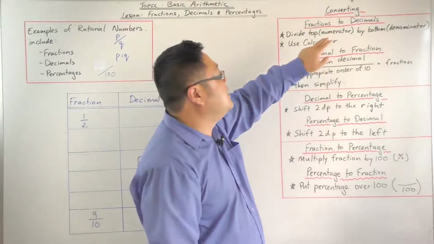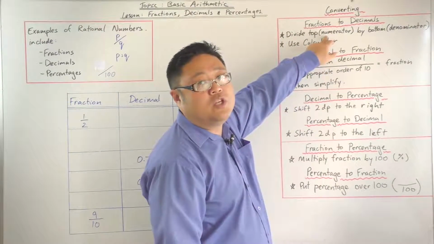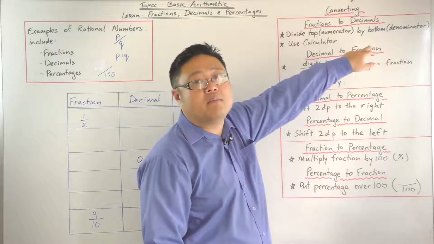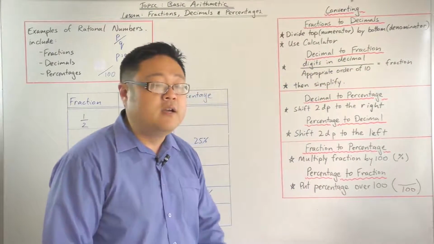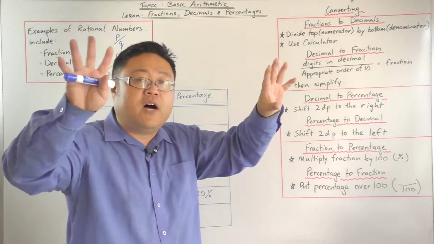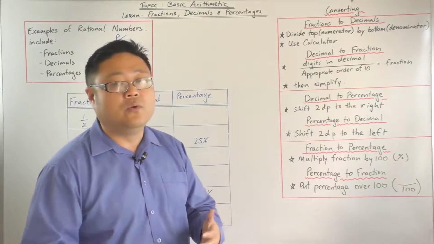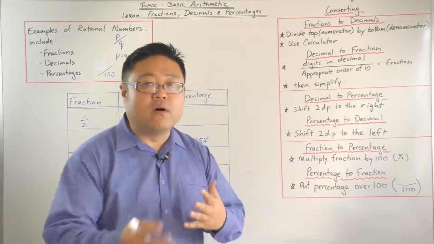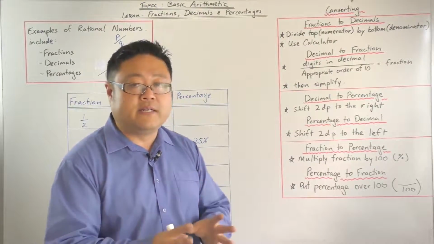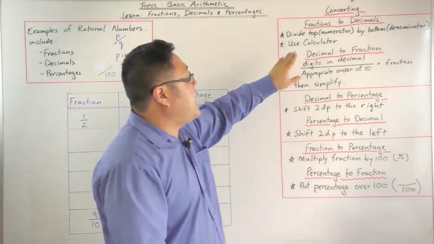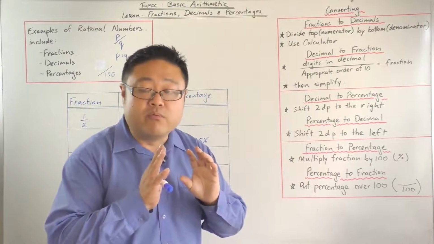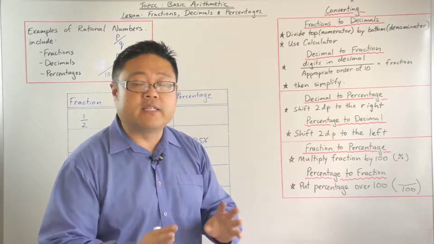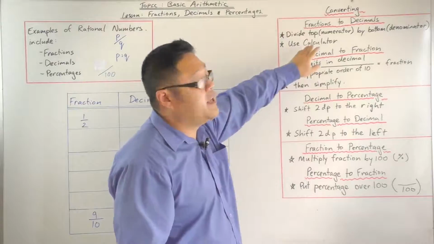You take the top number, which is called your numerator, and your bottom number, which is called your denominator. You divide your top number by your bottom number, and that will give you a decimal. You put that in your calculator, and more often than not, it'll give you a decimal. Having a calculator is going to be really helpful for you. It's going to make life a whole lot easier,